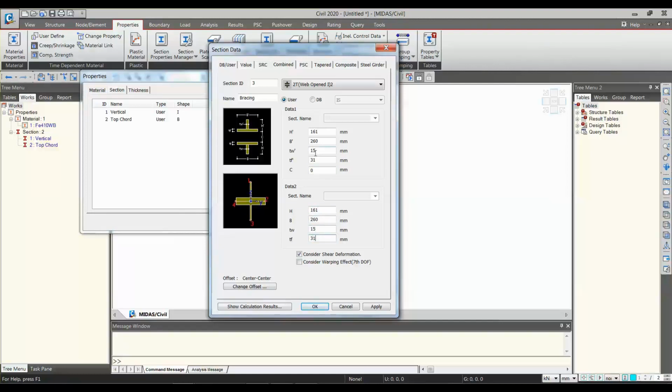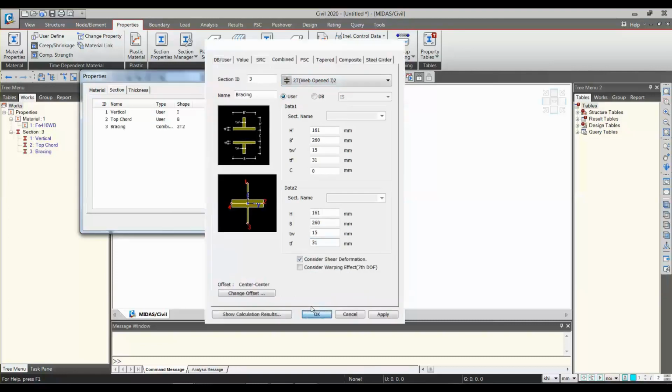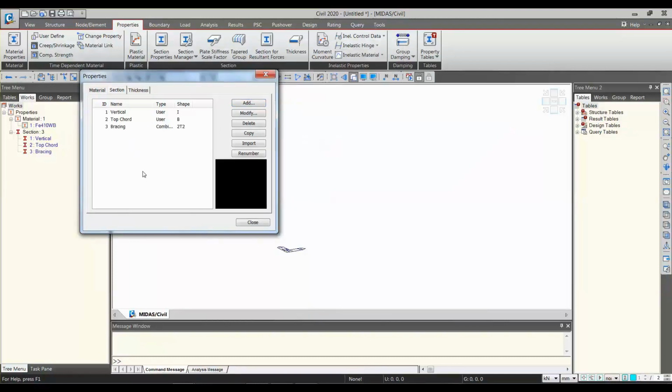So this is how the sections can be created. Even if this is a combined section, we can do it here using the 2T web open I. But if there is some section you cannot create in the software, then you can import it through an AutoCAD drawing, AutoCAD DXF. So this is how the sections can be created.